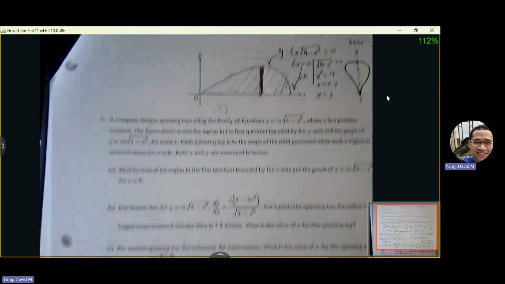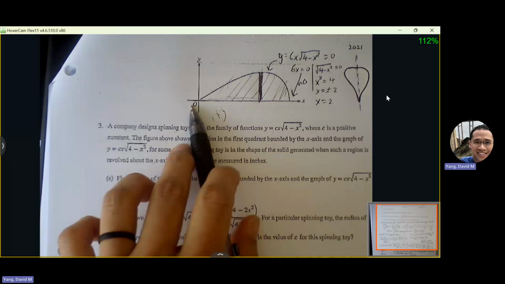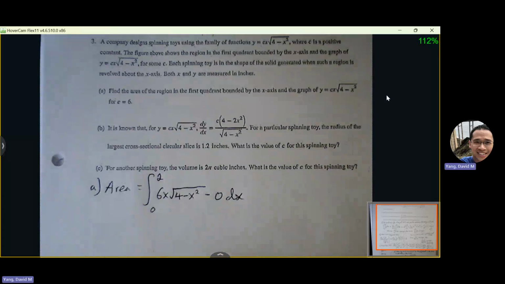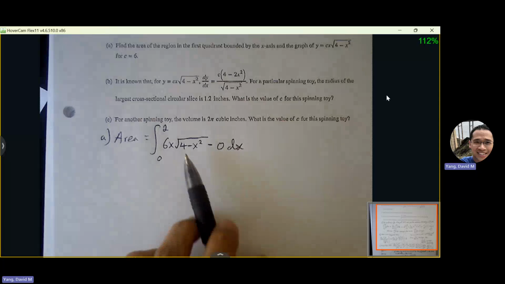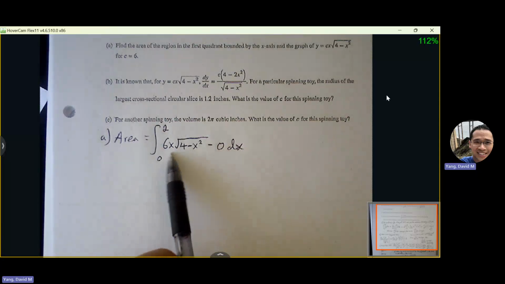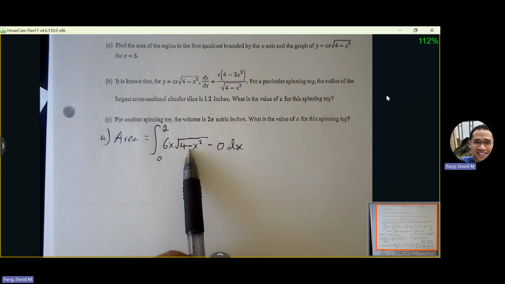And the bottom curve is the x-axis, which is y equals 0. Okay, so they want us to find the area. They want us to work through this. We can't put this in the calculator because this is a non-calculator section. So we're going to go through our process here. We can't distribute. We can't rely on power rule. So we have to rely on U substitution to get through our process.